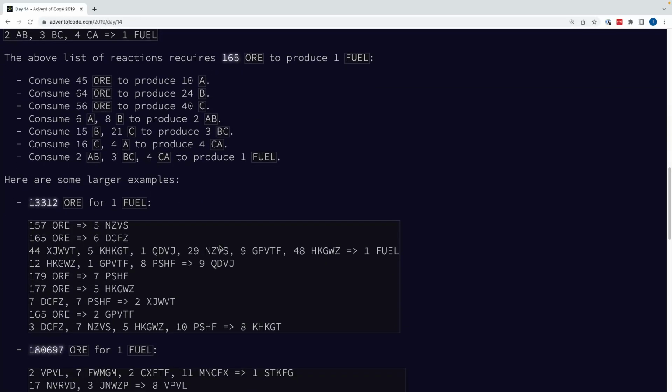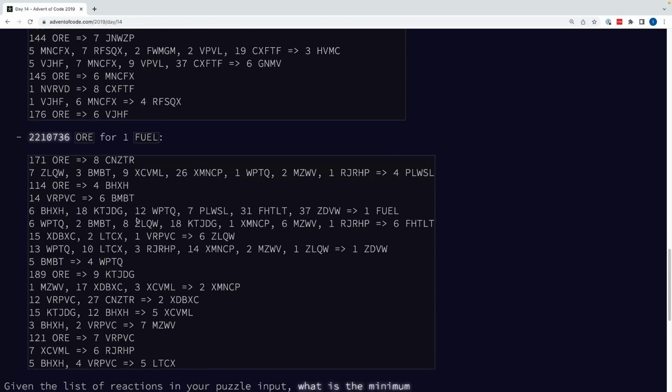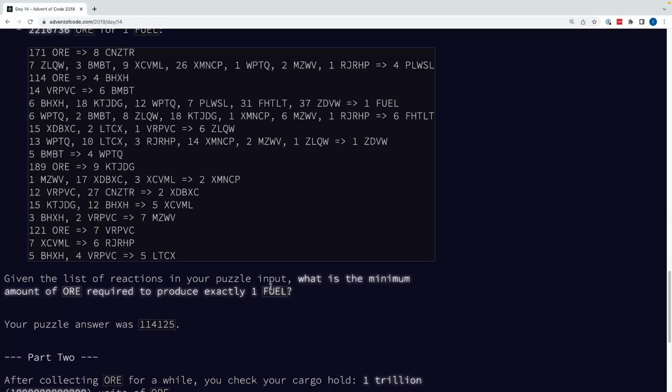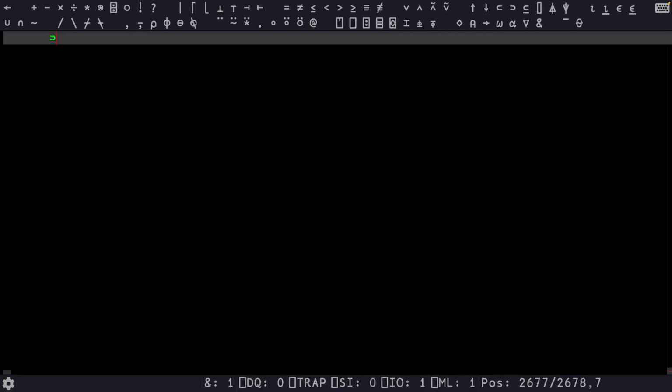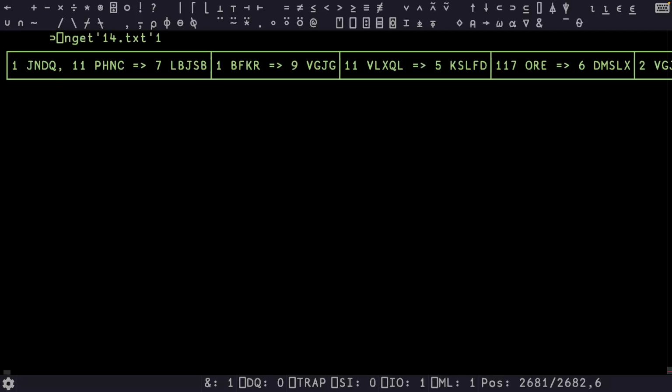Anyway, this is just an example that goes through different recipes. And basically the question is, what is the minimum amount of ore needed to produce exactly 1 fuel? Fair enough. All right, and bear with me because I'm doing this on a Mac for the first time. You may not know this, but Dyalog works pretty well on macOS, and I have a new keyboard. So I may not type as fast as I usually do, but let's see. So we are getting 14.txt, and